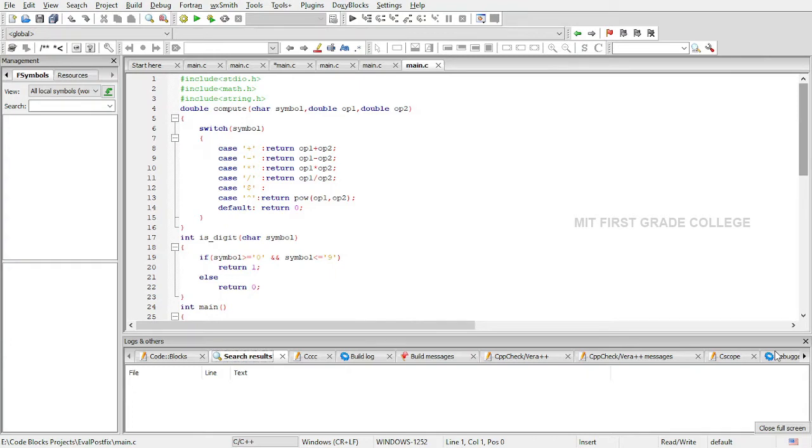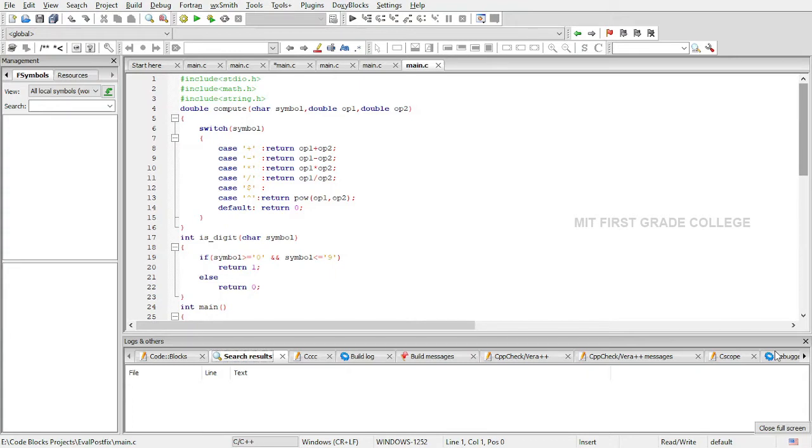If the symbol is plus, operand 1 and operand 2 are added. If the symbol is minus, operand 2 is subtracted from operand 1. Similarly for multiplication, division, and the power function. For the power function, we use the dollar symbol or the cap symbol.